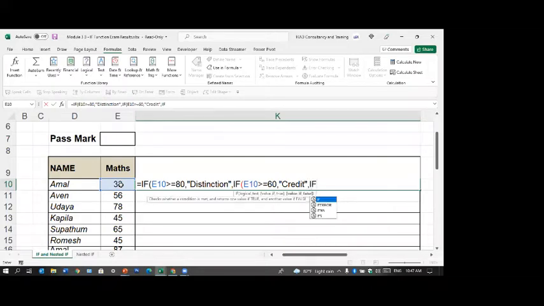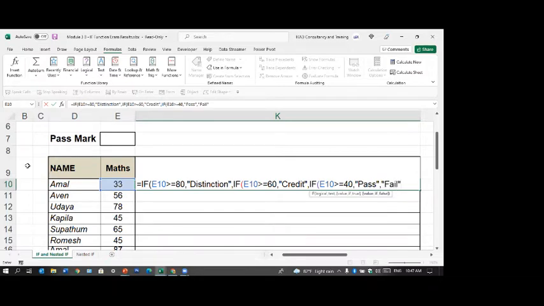Remember, when you put the if inside one, you don't put the equal. You don't put this equal which is here. Only the if. Open bracket. Maths, this marks is greater than or equal 40. Then you know it's pass. So you put pass there. Otherwise, you don't have to check again. We have taken off the 80s, 60s and 40s. What is remaining is fail. So value if false is fail.